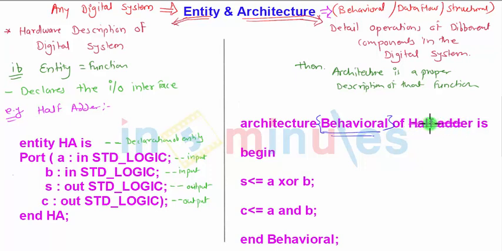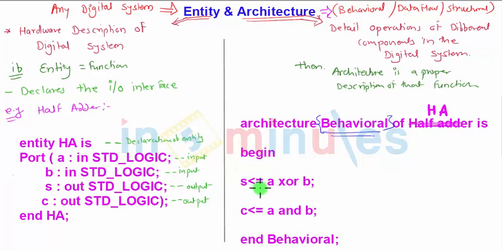So let me cut here full adder. This is the entity for which I am writing the architecture part. The name cannot be different, so I have to write here capital HA. Architectural behavioral of half adder is begin. Now here we start the declaration of architecture. So this is how logical expressions can be shown here from begin.